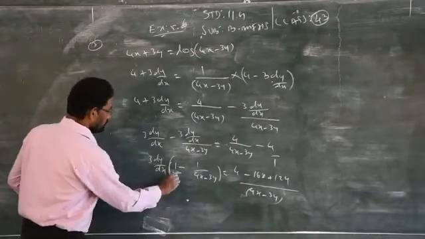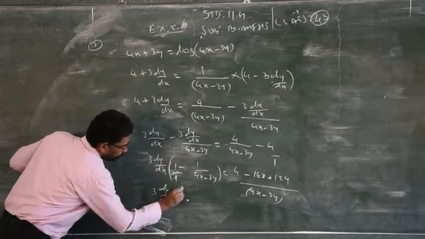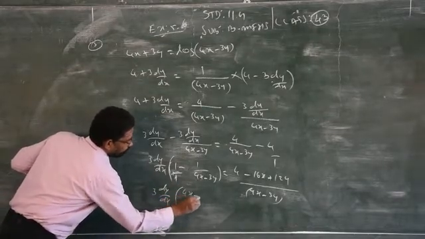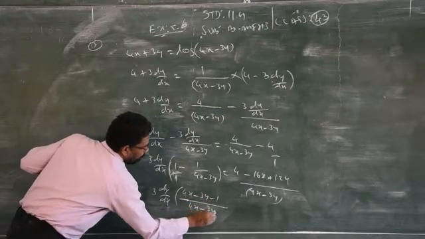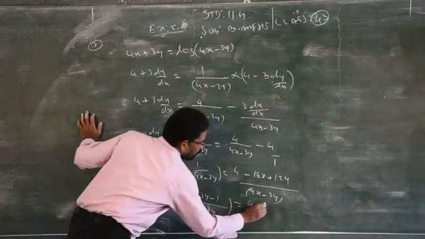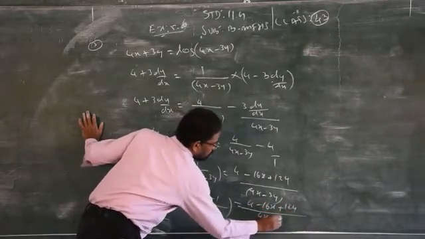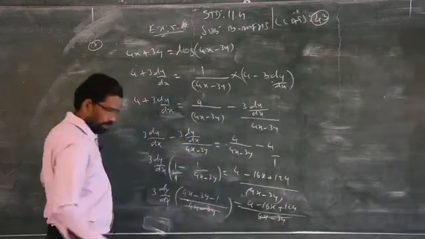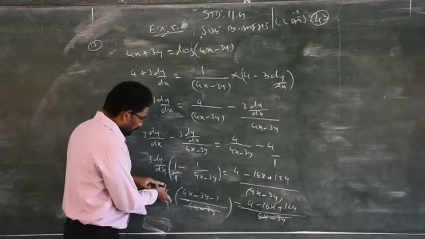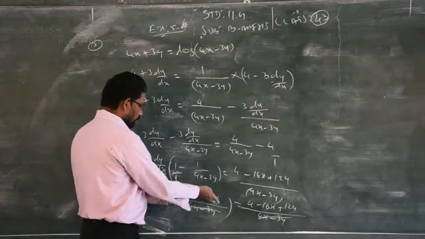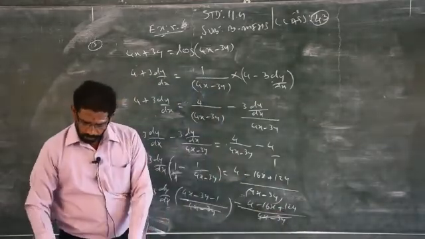So just you have to take cross multiplication and simplify, 4x minus 3y minus 1 by 4x minus 3y. So these two get eliminated. Clear? Just you have to keep dy by dx alone. You take 3 of 4x minus 3y minus 1 to the right side. You will get the required answer.